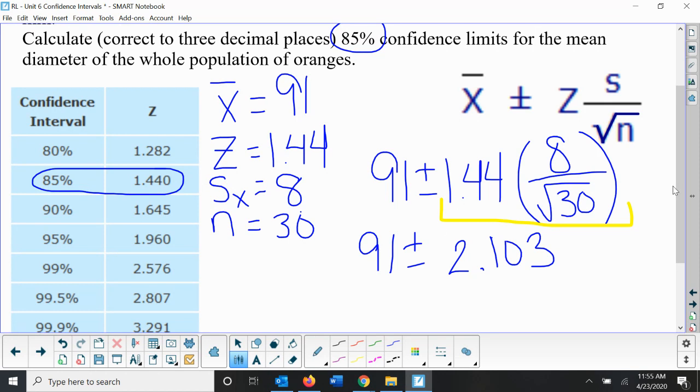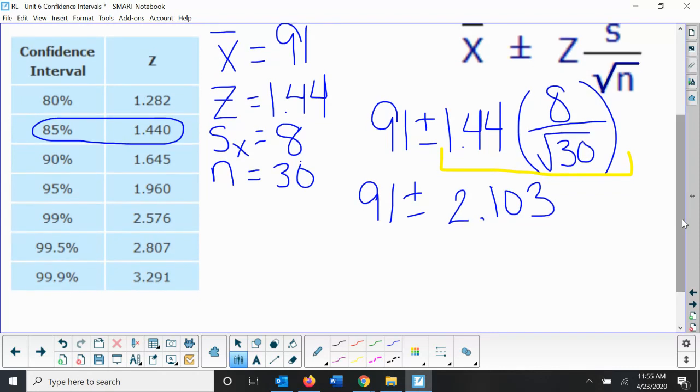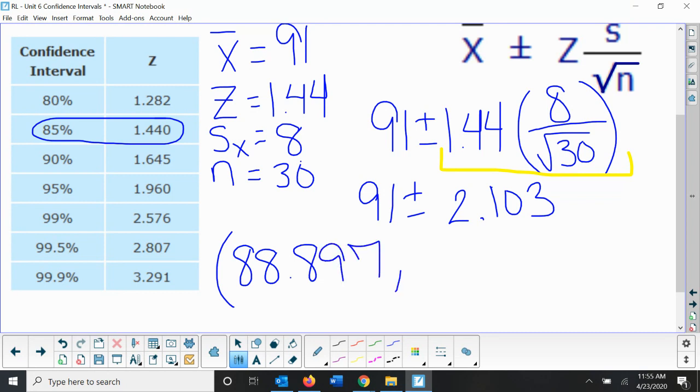Now I need to find my upper and lower bound here. The lower bound is when we subtract. So 91 minus 2.103 is going to be 88.897. And you always have to do the lower one first. An interval always shows the lower number first and then the higher number second. So we add to get our upper bound, and we have